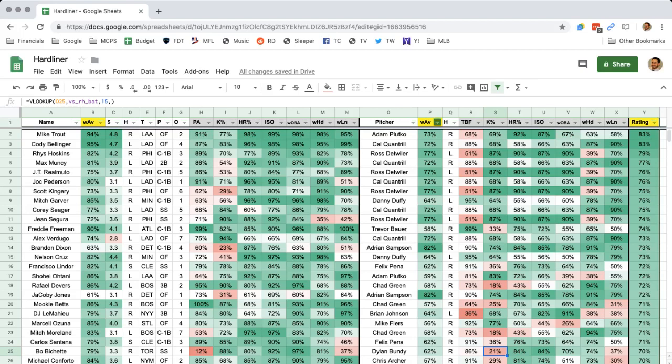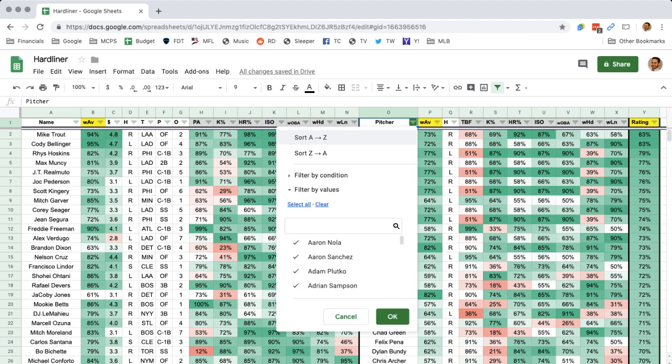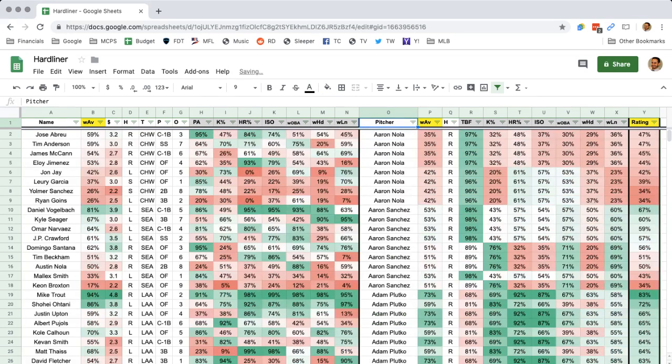So, for example, if we sort by pitcher, you can see that Aaron Nola has a weighted average of 35% against righties, which I'll get to in a minute, and a weighted average of 42% against lefties.